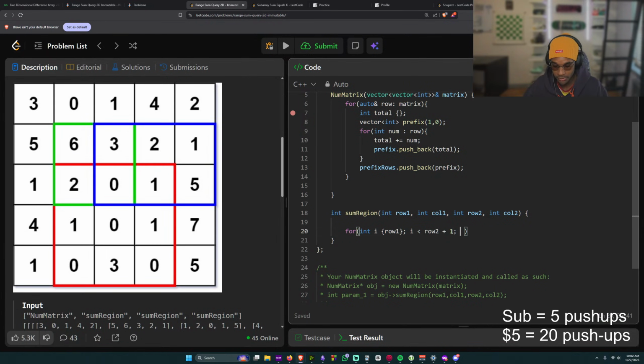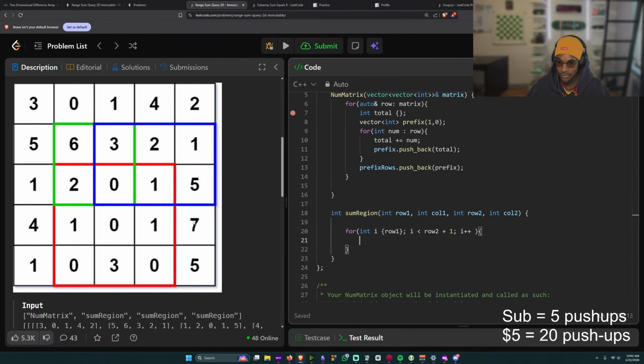And then just i plus plus. All right, so beautiful. Now we have a for loop that'll go from the first row to the last row we need in the square. Now we need to get the prefix sum at each row.